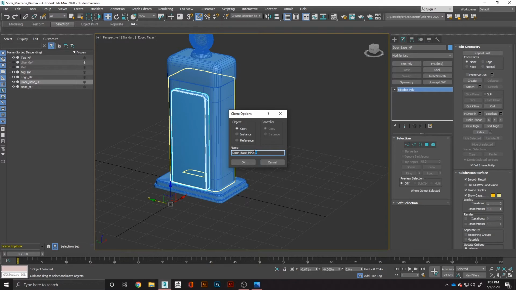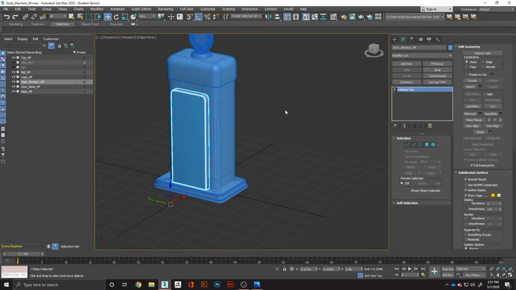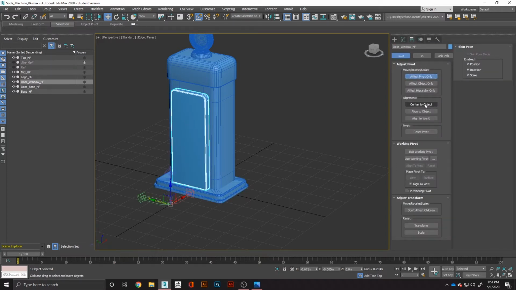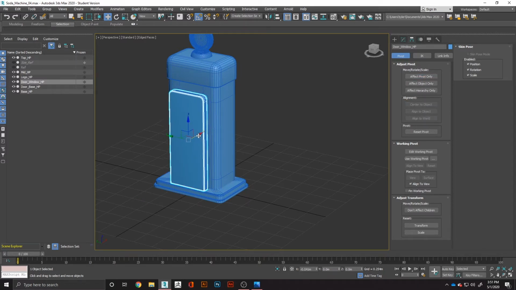We'll call it door window HP for high poly, and make it a copy. Make sure you make it a copy, because if you make an instance, then it'll start to change anything you make. So before I do that, I'm going to put the pivot to the middle. So now if I just bring that out a little bit, and if we were to change the color so we can tell the difference between the two,